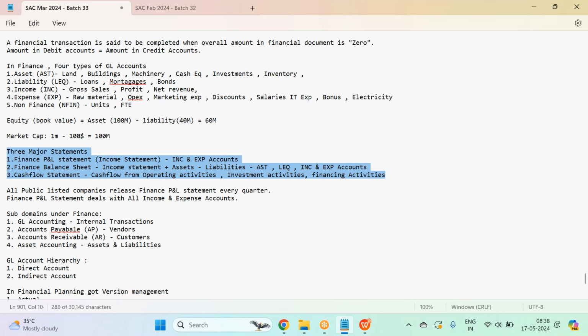Even the company releases the balance sheet also, and the cash flow statement also. So these three statements are